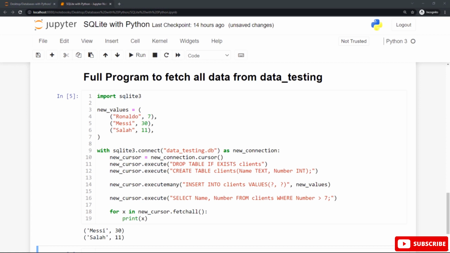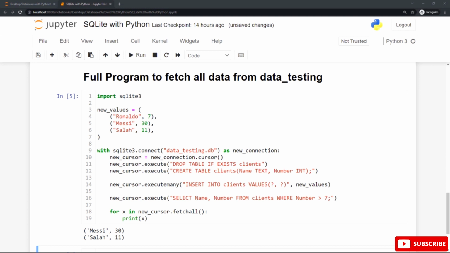After that, you need to use the select statement to select all the previous records from the table called clients, from the database called data testing. So inside the execute function, to execute this SQLite statement, we use the select statement followed by the name of the columns, name and number.